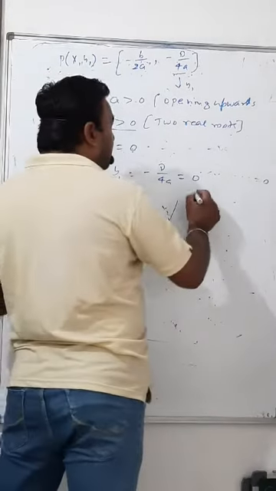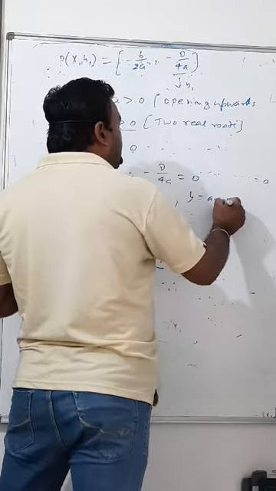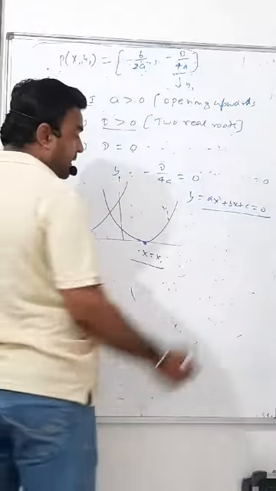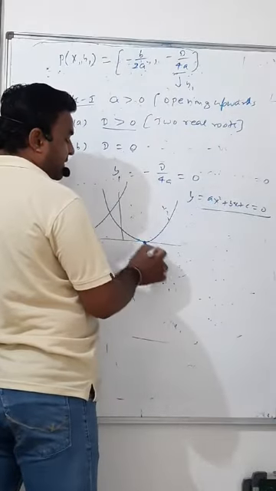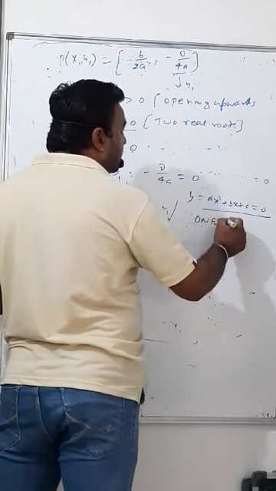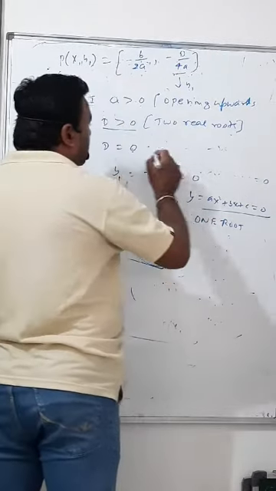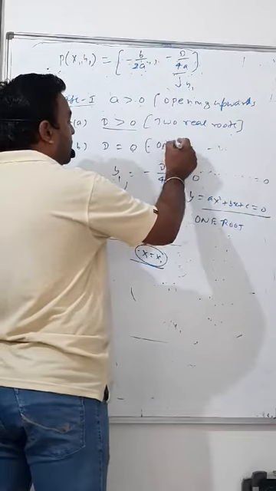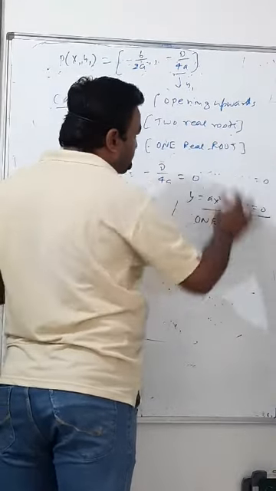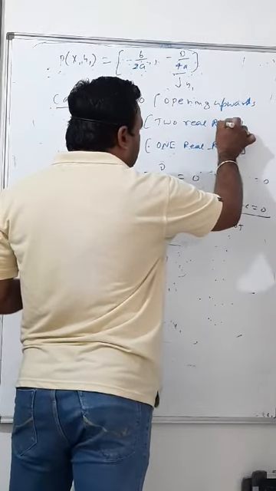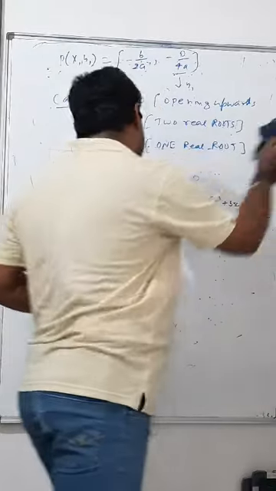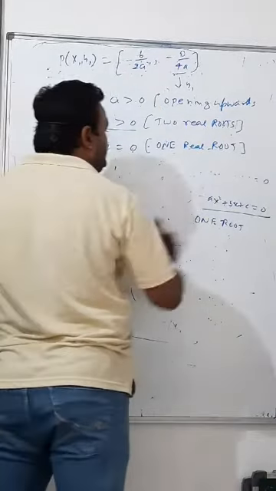That means what we have done: again we have made the ax square plus bx plus c is equal to 0 equation, and it is cutting the x-axis at x equals 1. It has one solution, or say one root. Here I have one real root. Here are two roots. Here is one root, and the third situation is that definitely